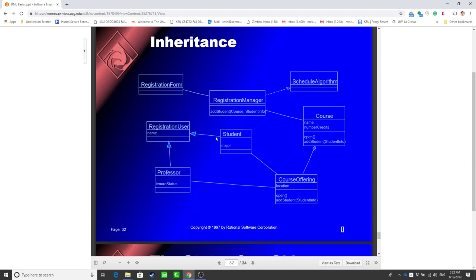Like student is a registration user. Professor is a registration user. Student is a subclass of registration user, and professor is a subclass of registration user, right? Also, we can say a